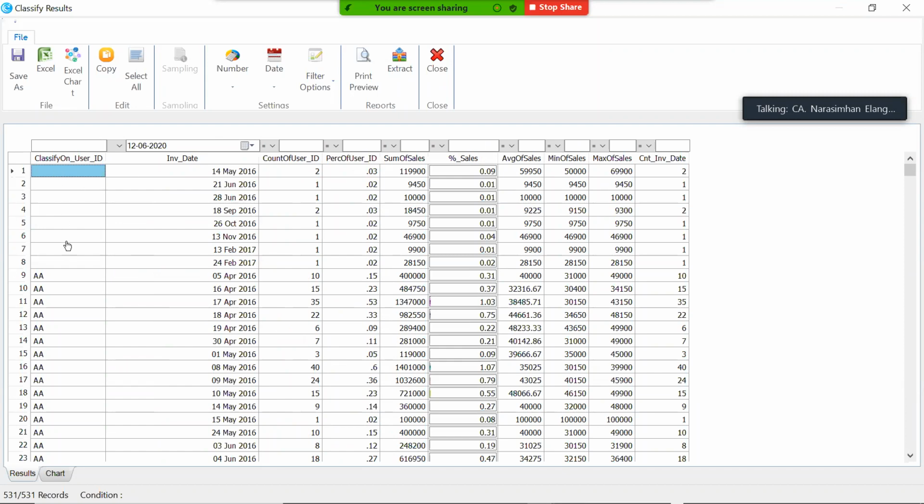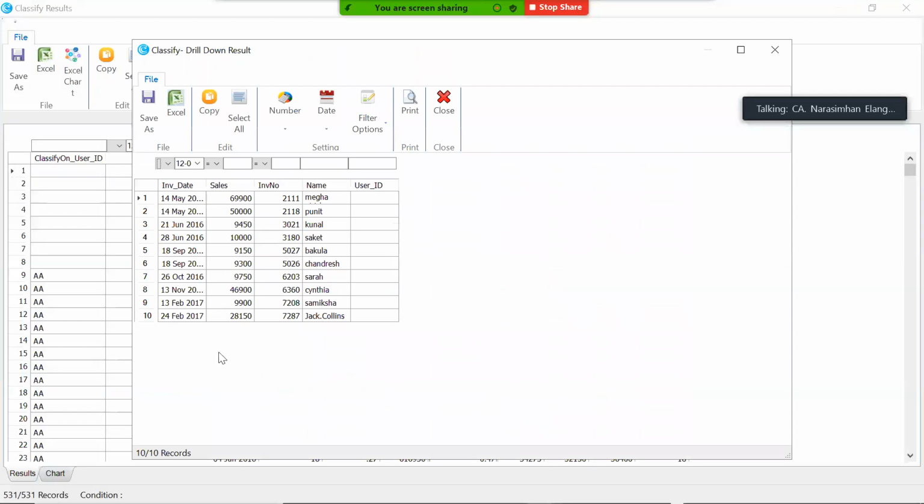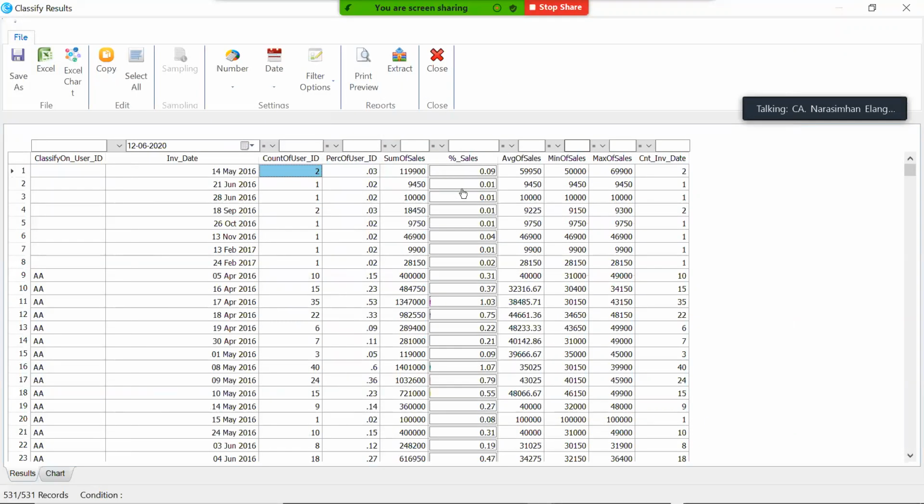Now for example, I know blank user ID on these dates, the sales have taken place. What are each of them? I want to know what these two items are. If I just double click on this, you get the attributes. So you get the information saying that these are all the blank fields. So you have to pick and choose what is the date. 14th May, can you see 2 dates are there? Then you have 21st June, then you have 18th September, 26th, you have this entire information. Does it make sense? Are you able to get an idea?